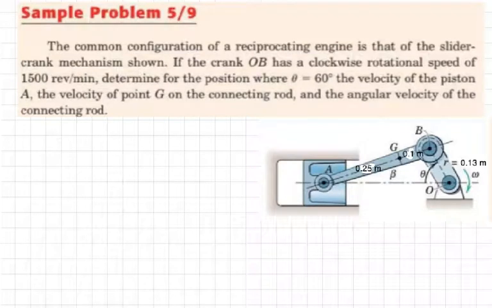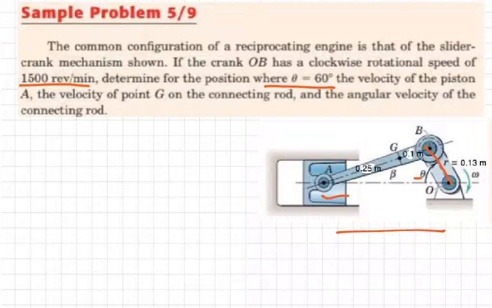This is sample problem 5.9. The common configuration of a reciprocating engine is that of the slider crank mechanism shown, which is this figure that is shown here. If the crank OB, so this is OB, has a clockwise rotational speed of 1,500 revolutions per minute, determine the position where theta is 60, so we know theta. The velocity of the piston A, so this is piston A,